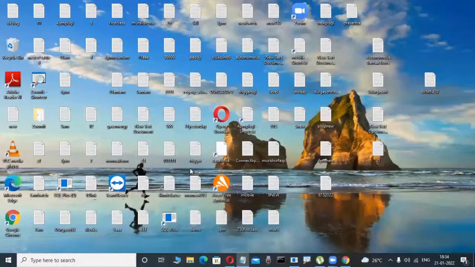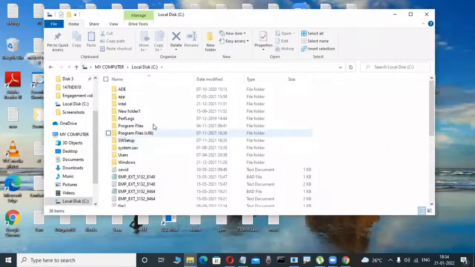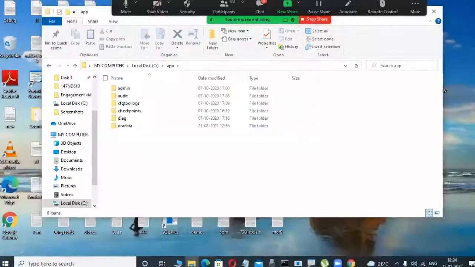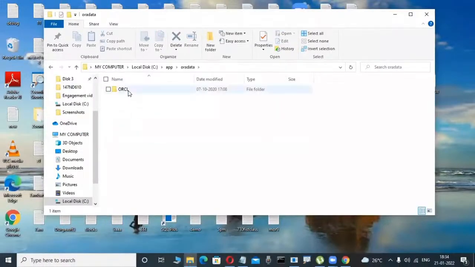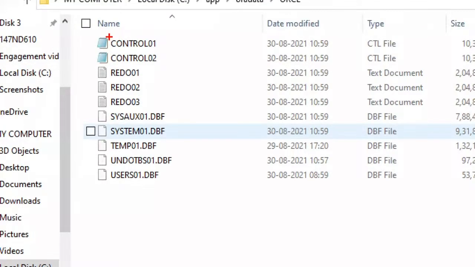Now I'm interested to view whether this table is created or not in my operating system. Suppose a Windows operating system is there, where Oracle is installed. In that location, I try to view, for example, in C colon, D colon, where Oracle is there. Those are directories, folders, don't worry. Here Oracle, Oradata, ORCL, I'm observing only. Now in C colon, I installed my Oracle software. In this Oracle software, anywhere